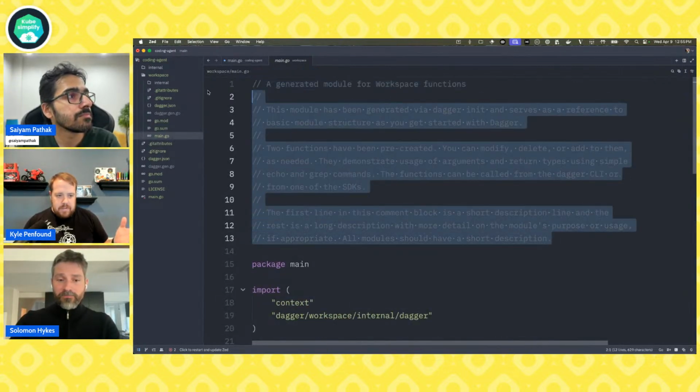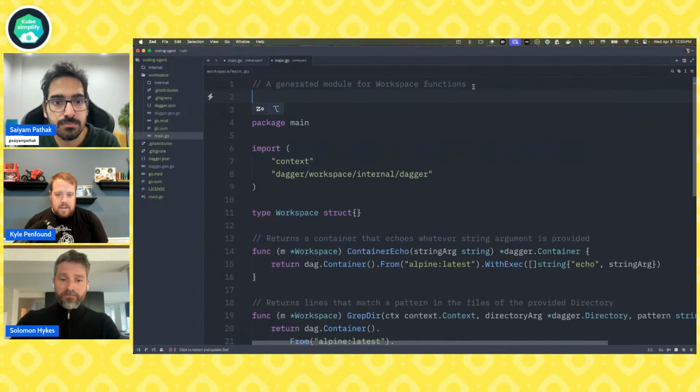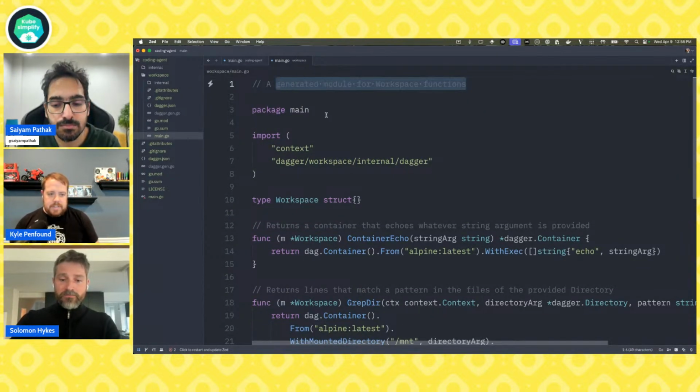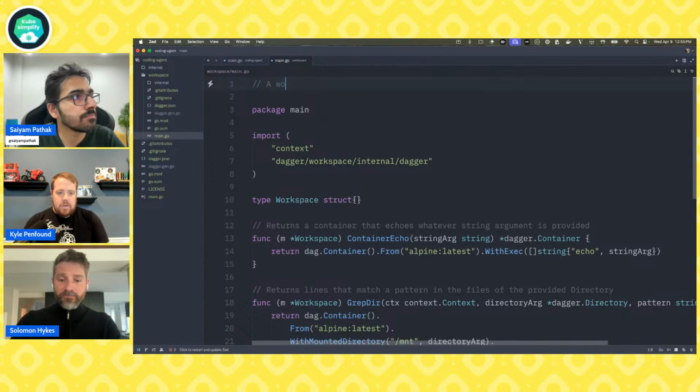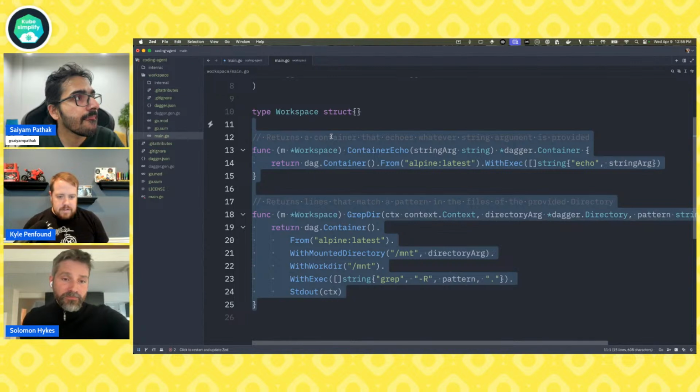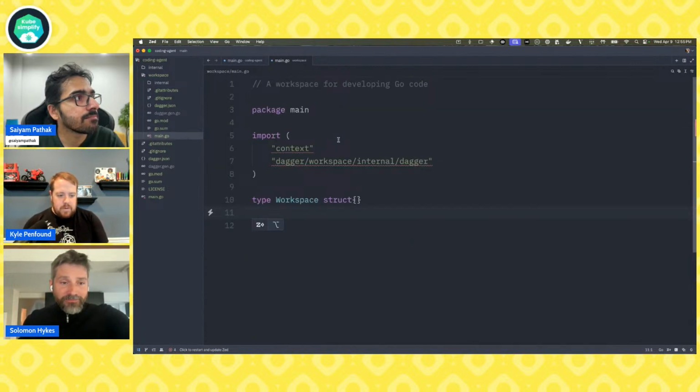And so I'm going to start by cleaning this up. This top comment here describes the module itself. So I'm going to say a workspace for developing Go code. This describes what my module is. I'm going to get rid of these functions, and we're going to start by saying our first function is going to be